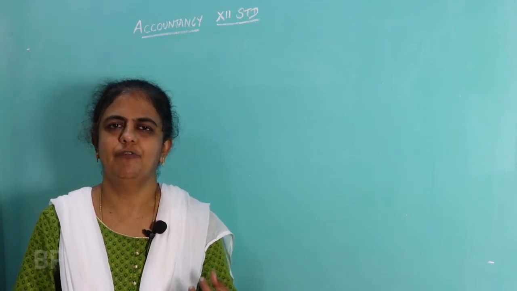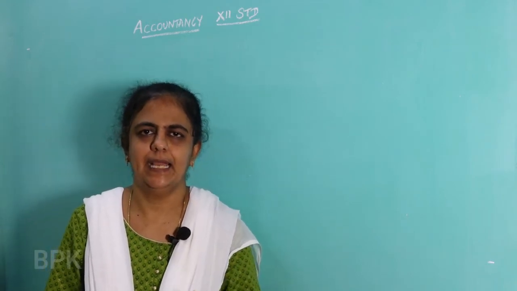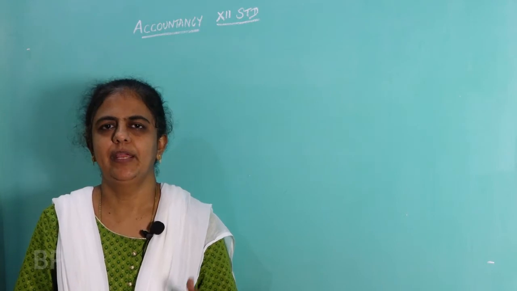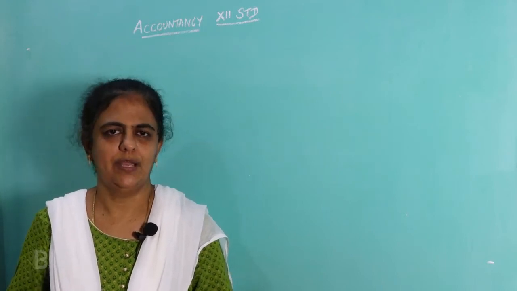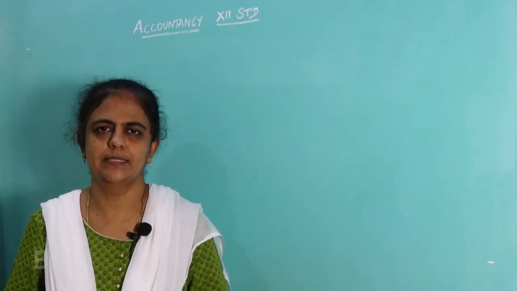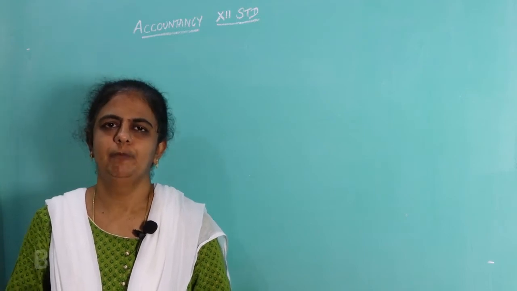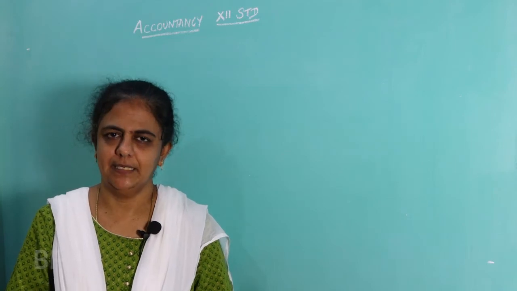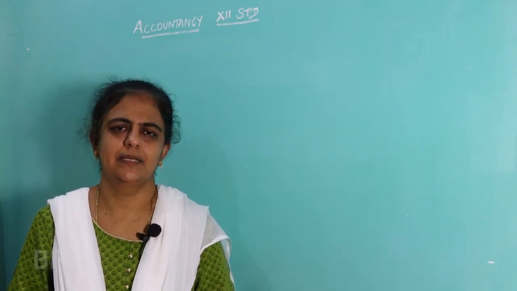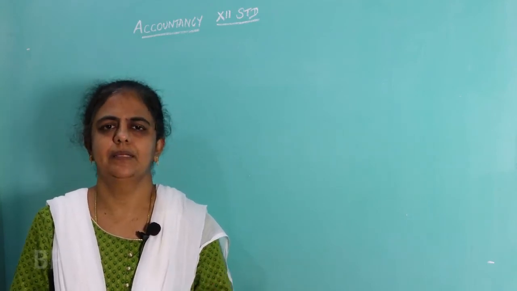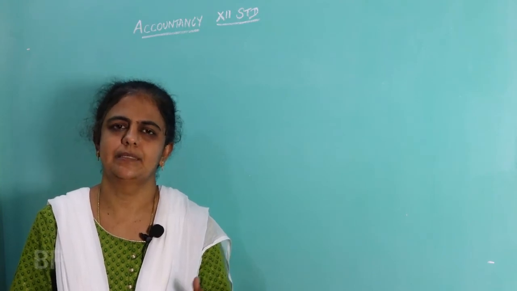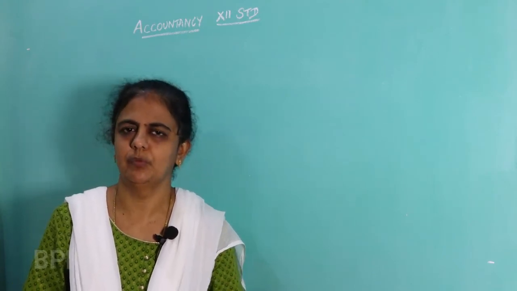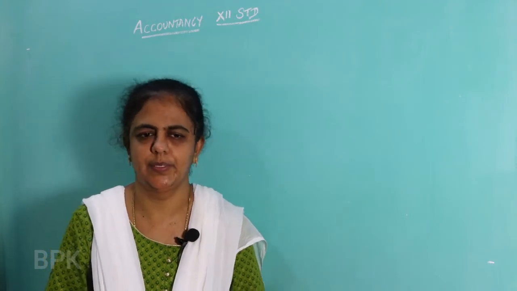That is, you have to find out what is the value of the asset and the liability at the beginning of the accounting period, and what is the value of the asset and liabilities now, that is the end of the accounting period. That has to be compared. Okay. If asset increases, it is profit. Asset decreases, it is loss. If liability increases, it is loss, and liability decreases, it is profit. So first we will move to revaluation account.